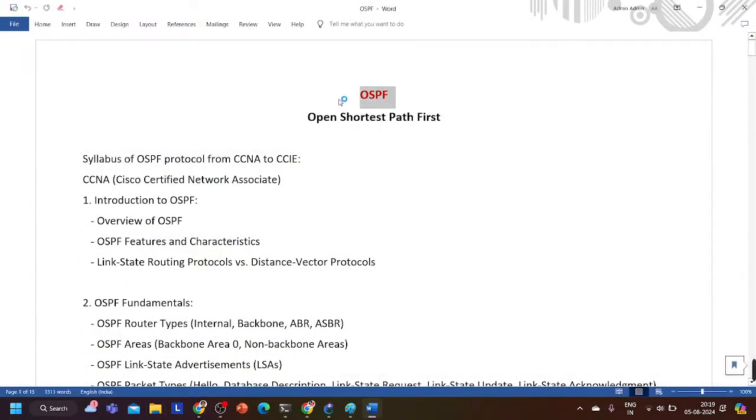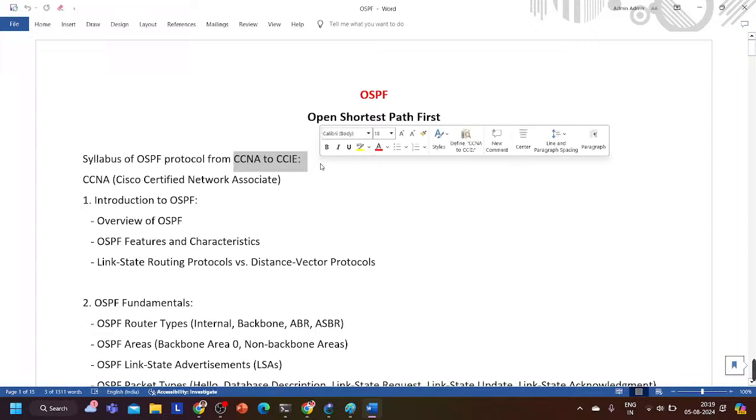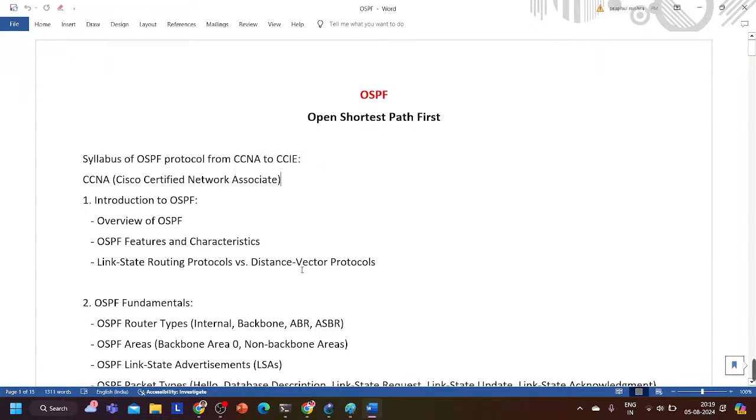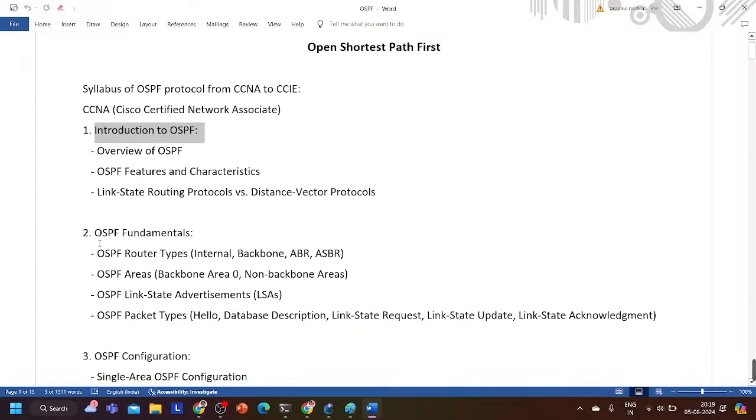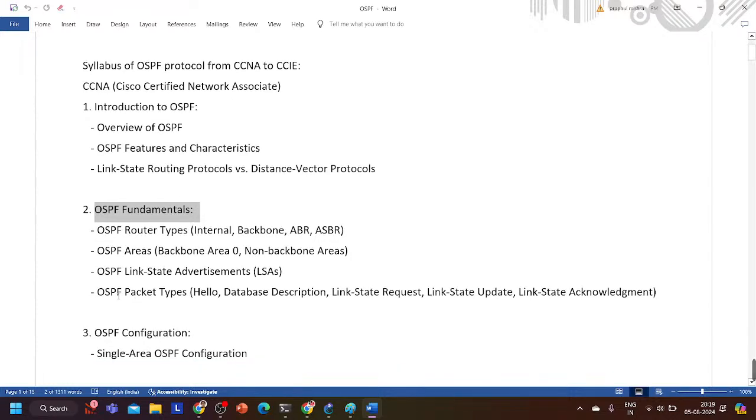That's it. OSPF. We'll cover everything about the OSPF routing protocol, guys, from CCNA to CCIE, you can say. Whatever we have in OSPF, we are going to cover in maybe the next 10 classes, or 6 to 7 classes. It will take minimum 6 to 7 classes, right? So in the CCNA, if you check the syllabus of OSPF, there is an introduction of OSPF, then OSPF fundamentals like types of router, types of areas, link state advertisement, types of LSAs, OSPF message types like packet types, how many types of messages are there in OSPF, how many messages are there in EIGRP,